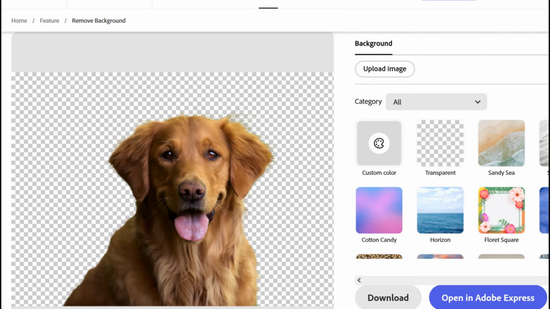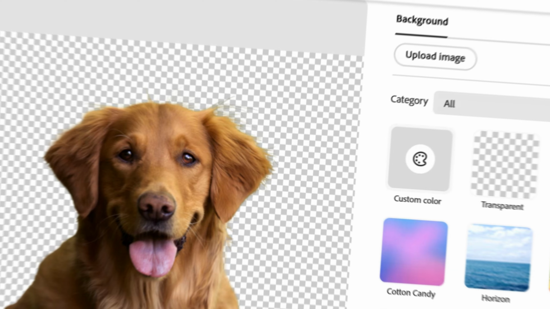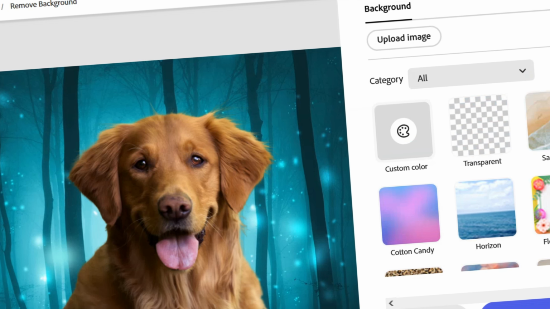Today, I'll guide you through how to remove the background from an image. If you've been searching for a way to remove or erase background from a photo online for free, you've come